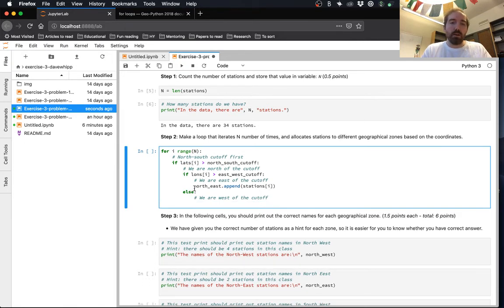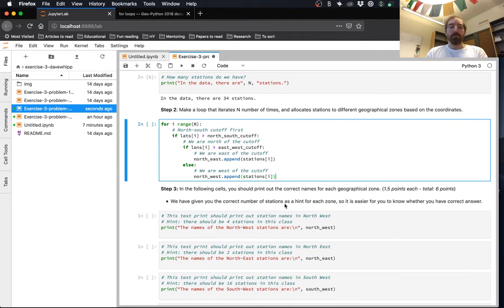And if we're west of the cutoff, we still know that we're north. I'm just going to copy paste because I'm, again, lazy. We know that we're north because we've passed the condition of being north of the north-south cutoff. And so if we're in the north and we're west of the cutoff, then we have to be in the northwest area. Now, again, you could do this a couple different ways.